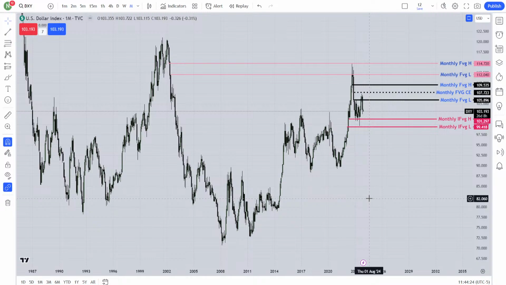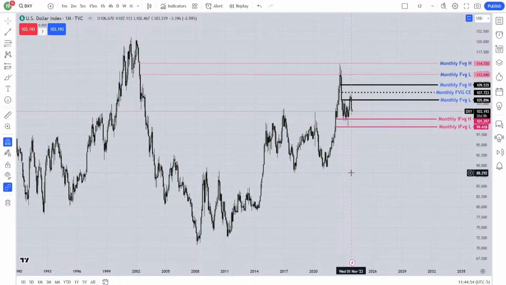So let's start from the dollar index. You have to start the way I'm starting. Tomorrow is the first day of a month. It can be any month, January, February, March, April. On the first day of the month, after the last weekend of any month, you have to go to the monthly chart. From the monthly chart, you have to start the analysis, starting from the dollar index. As this is December, it is a little bit different, but I hope you will get the main point.